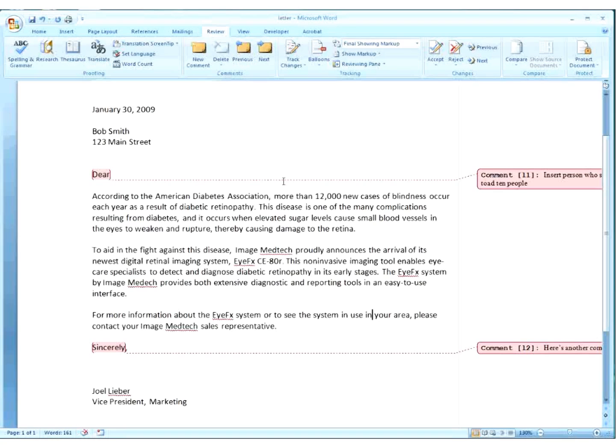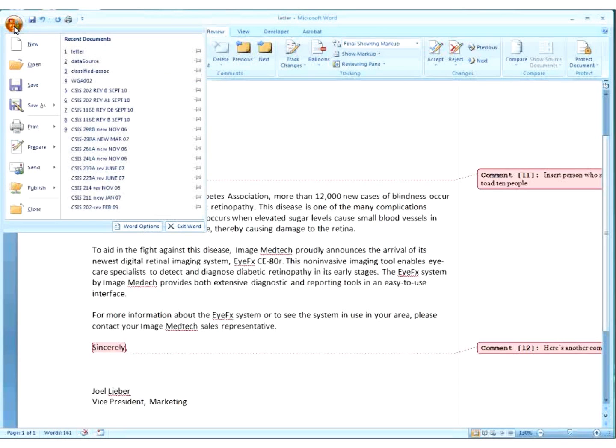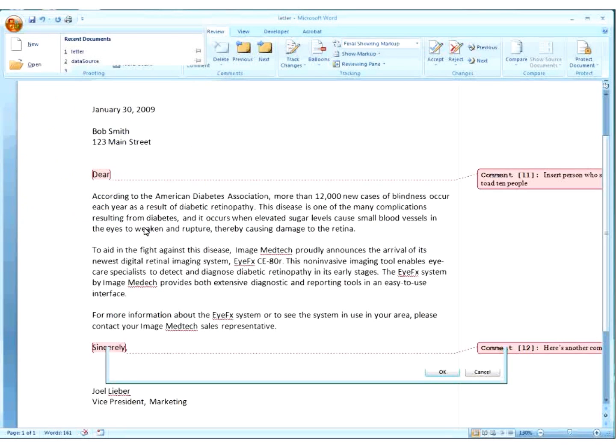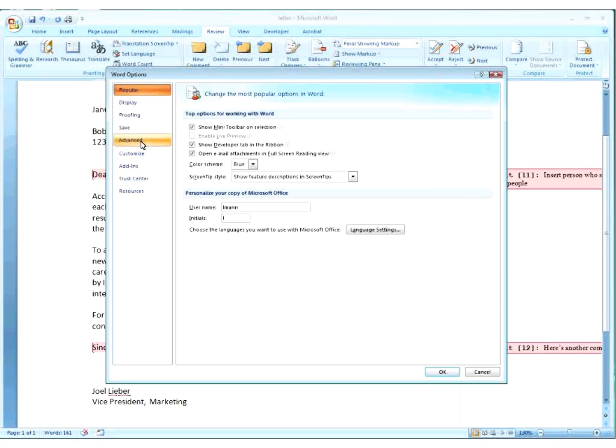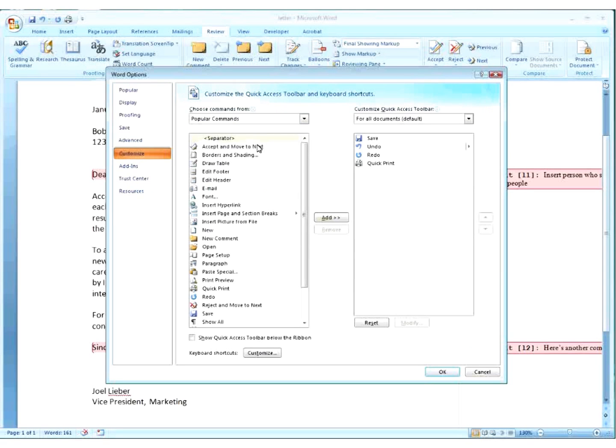So this is text comments, but you also have a choice of doing a voice comment. And it's a little strange how you go about doing it, because you would think a voice comment would be right in the comments area. But since it's one of those features that I guess folks don't use a lot, they hide it. And the way to find it is you would go to your Office button, go down to Word Options, you would go to